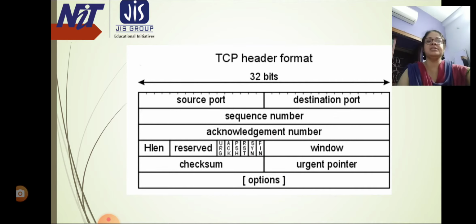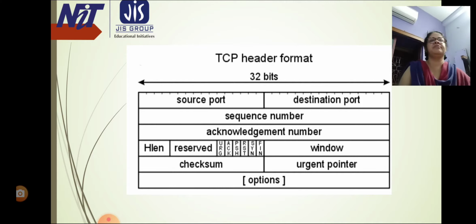Then there is window size. This field tells the window size of the sending TCP in bytes. Checksum. This field holds the checksum for error control. It is mandatory in TCP as opposed to UDP. Then there is urgent pointer.